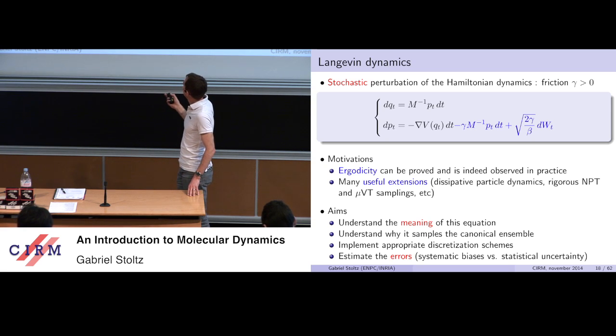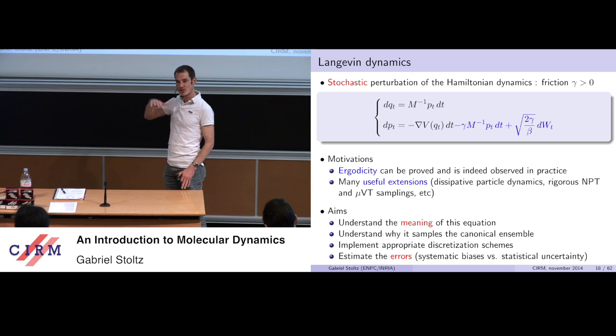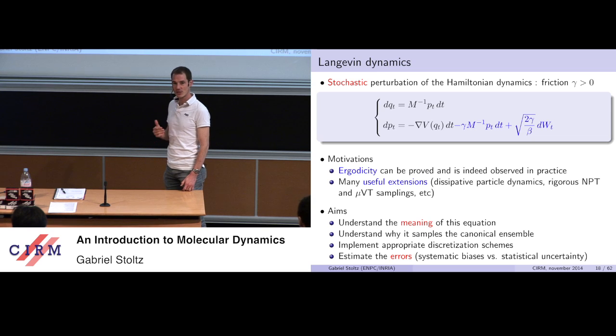That's something which is very well accepted in the physics community and even the mathematical one. The Hamiltonian dynamics is nice, but it preserves the energy. So the energy H of q and p is constant. If you want to sample exponential minus beta H, you want the energy levels to vary, and so you cannot use Hamiltonian dynamics. There is no way that Hamiltonian dynamics is ergodic for the canonical measure exponential minus beta H.